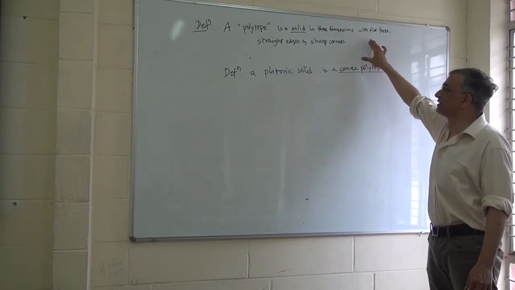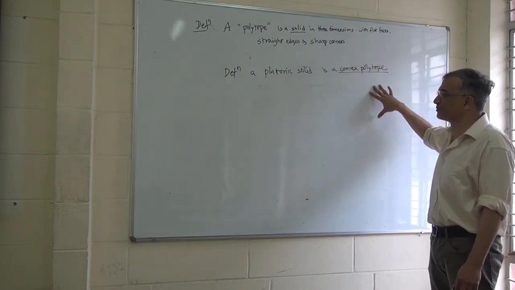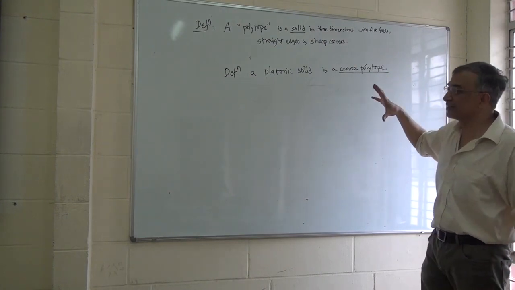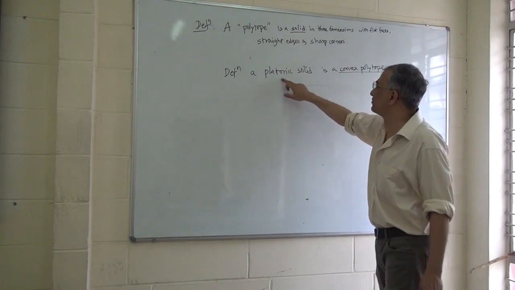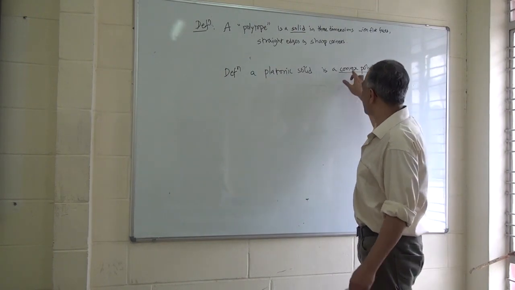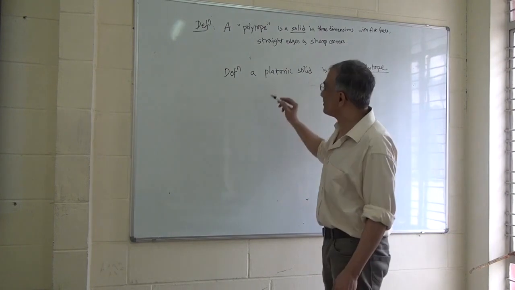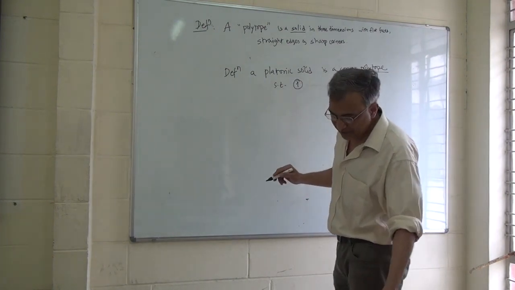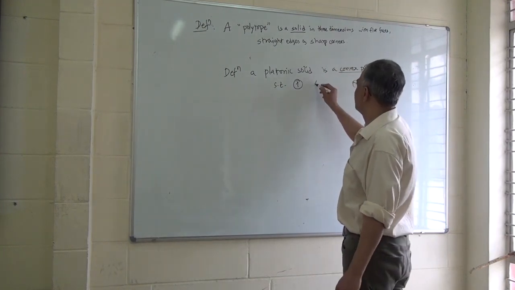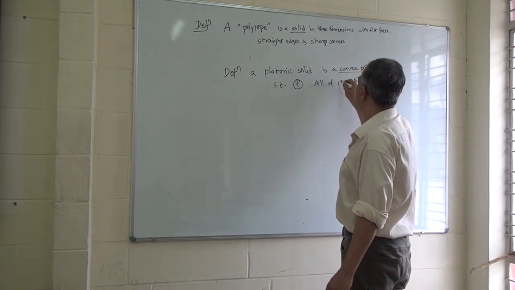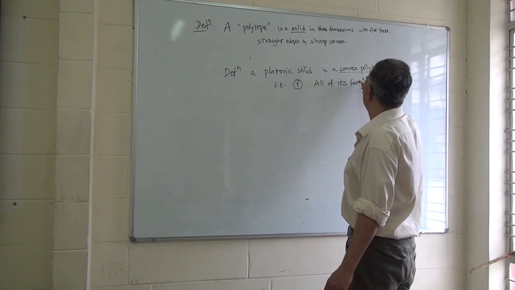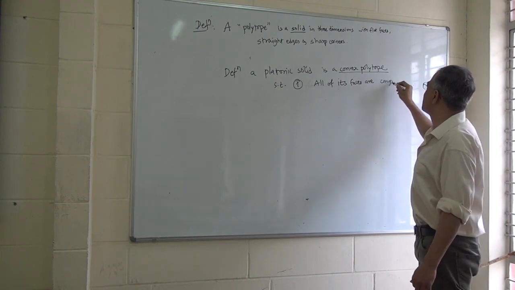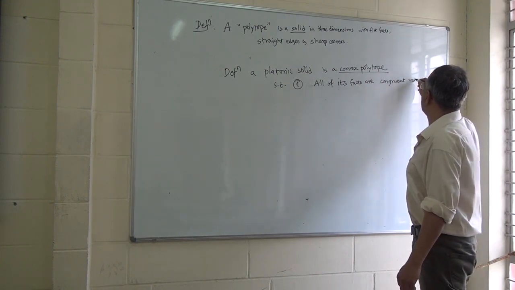It is too general. In that, we found out some particular cases called convex polytope, which is more particular, not very general. Among that also, now we are finding something more, Platonic solids, which is among the convex polytope, we put more conditions. So there are less number of them, such that 1, all of its faces are congruent regular polygons. All its faces are same, are congruent means they are same, regular polygons.